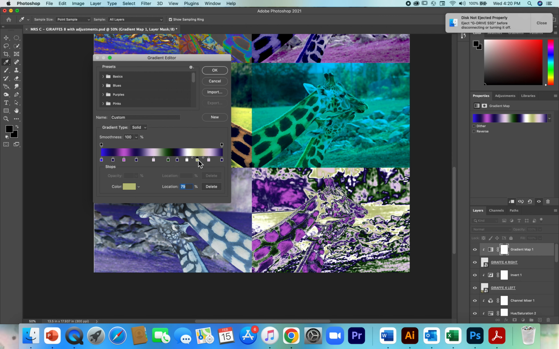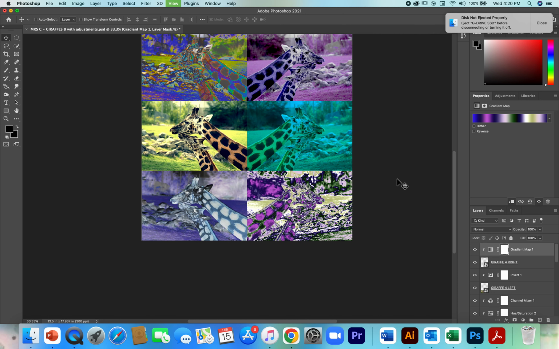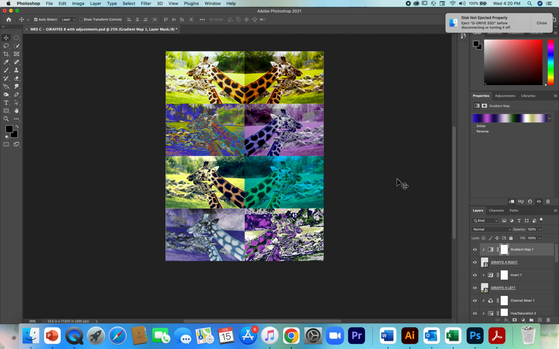I'll stop there. All right, so now when I back up, I have 8 different images. I've done 8 completely different things with each of these images. That was the goal of this assignment, to teach you how to use the layer adjustments for each part of this final piece. And we'll be doing this a lot more as we get into other